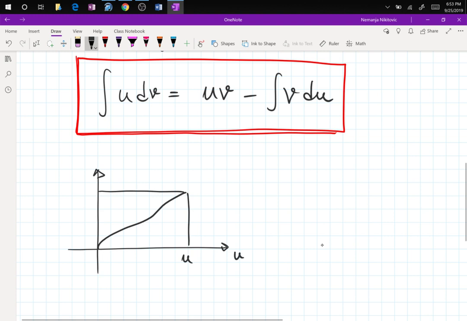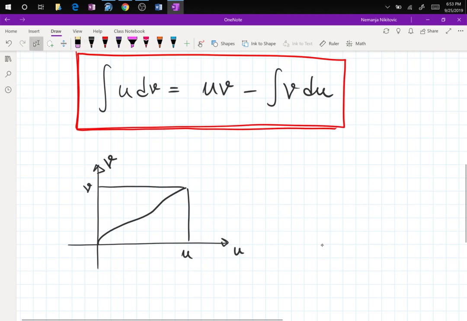So this is my u-axis, this is my v-axis, and I'm going to color code these. I'm going to draw the blue shade on the bottom